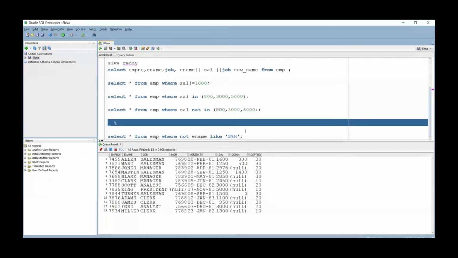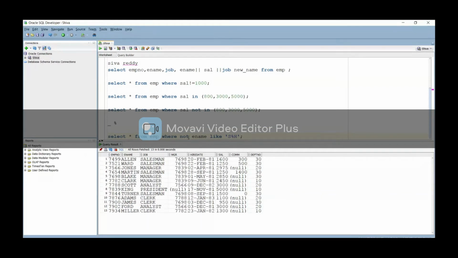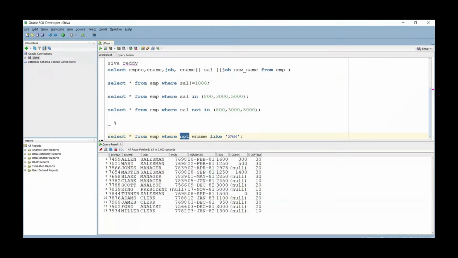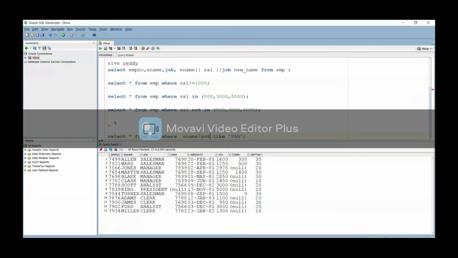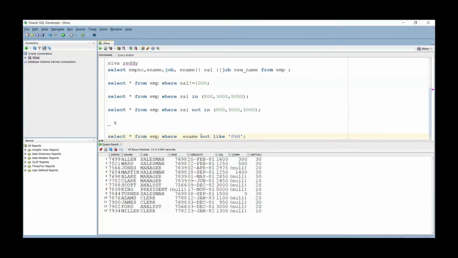Now we are going to deal with NOT, like you see here. NOT name. This is working here. Yes, it is working. NOT is an operator. NOT is also an operator here. It will work like this. This also works like it. NOT is a special operator. NOT is like an operator only.